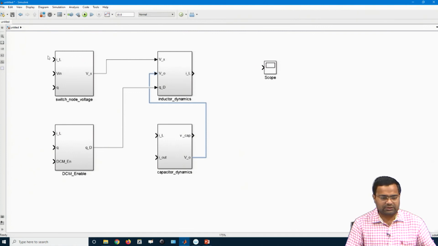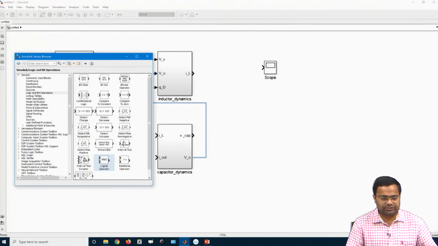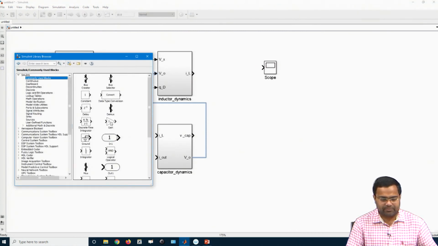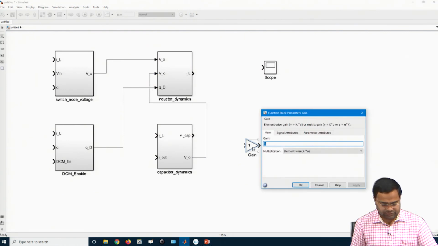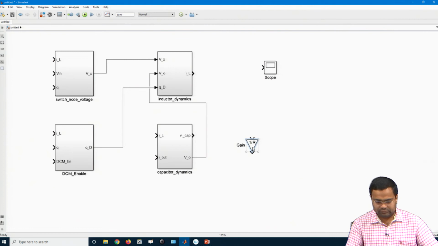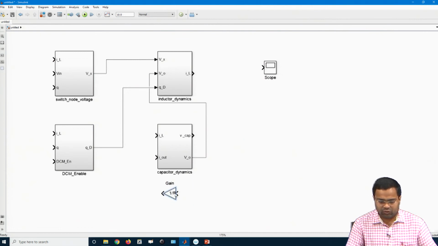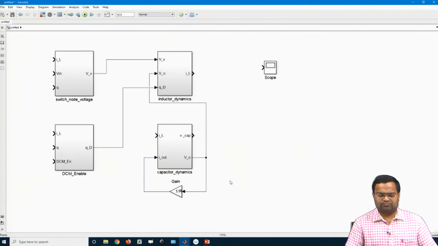For I out, we need to consider a gain block here, which is 1 by R. That is my load resistance, but I can also use a constant current load, or a combination, there is no problem.